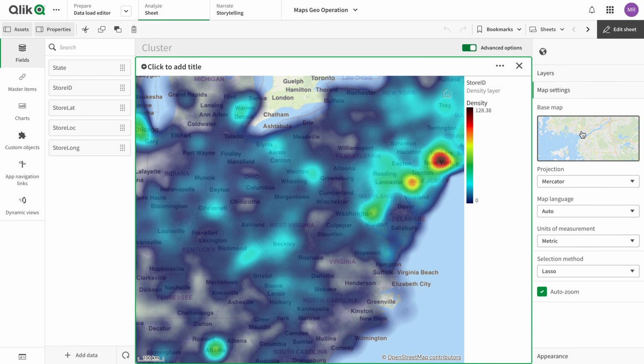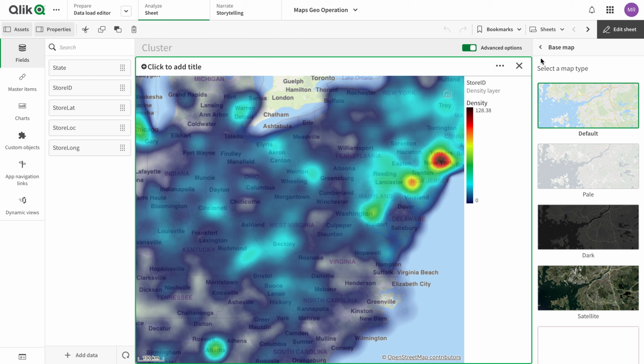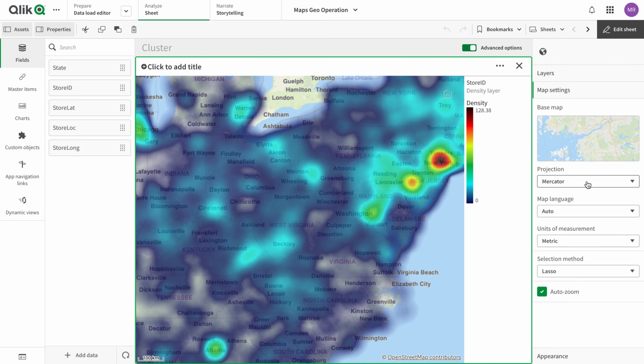So we have the option to change the map. We can change the different types of maps, background. We have the option on map character. So this one is related to